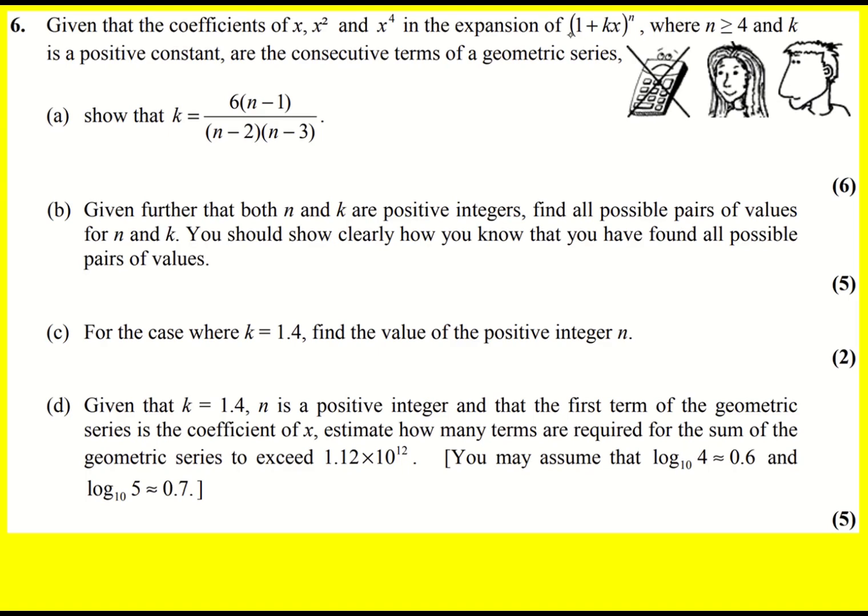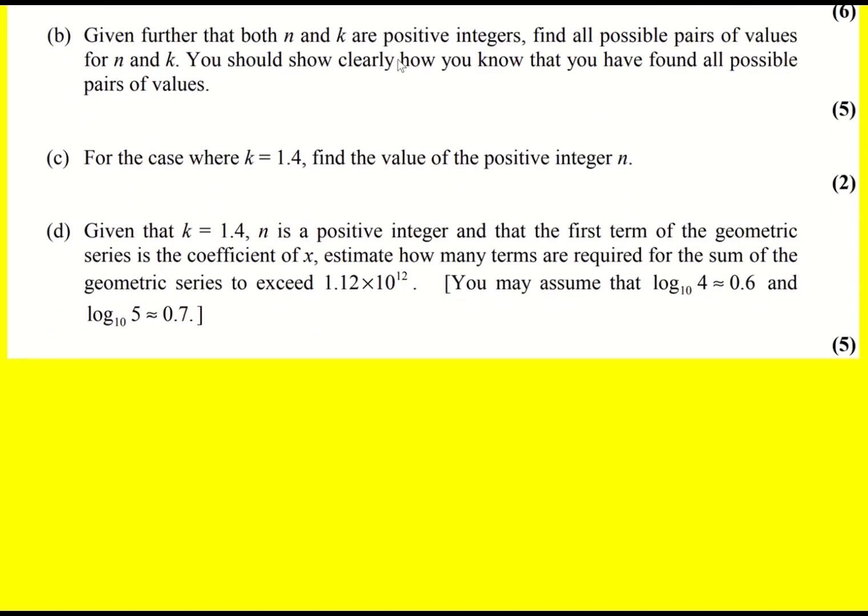We have binomial expansion to do in this question because we're told we've got (1 + kx)^n, and we need an expansion, and we're interested in the coefficients of x squared and x to the 4. So it is worth learning the following one, the fact that (1 + x)^n,